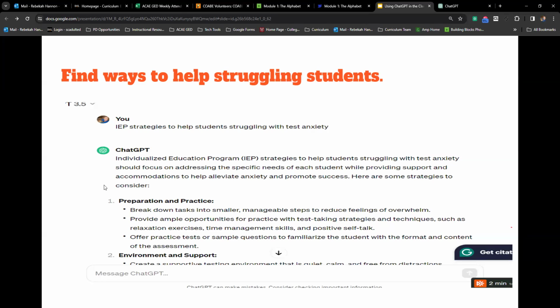And then I can pick and choose which ones I would like to try with my students. I honestly, now I'm sitting there thinking, I probably could even narrow down the search: IEP strategies to help adult learner students struggling with test anxiety, because we may get a little bit of a variation there. I think too, just to highlight here real quick, with ChatGPT, the more specific you can be in your chat, the better the result. And that's sometimes the hardest part, is just typing in. I know what I want, it's in my head, but now I've got to put it into words so I can tell ChatGPT what I want it to generate. So that can sometimes be a little bit of a struggle.